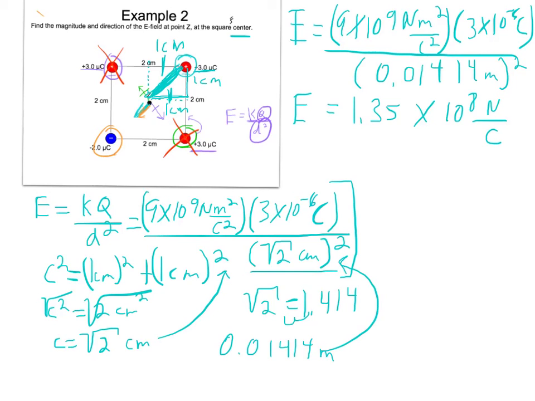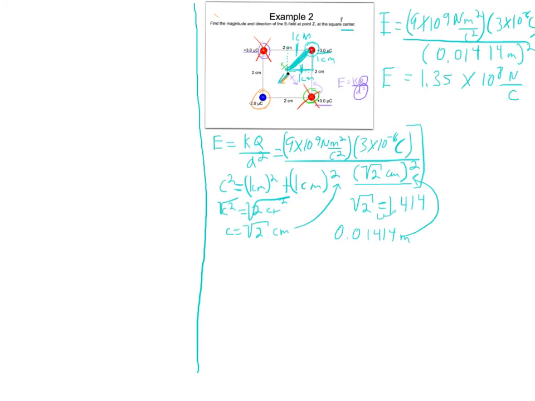And now for the orange charge. All right, create a little more space here. The orange charge, E, equals kQ over the distance squared, which would be 9 times 10 to the 9th newton meters squared per coulomb squared times 2 microcoulombs, and that's negative. Remember I said we're handling the directions manually by looking at what way the vectors point, so I'm just going to write that as 2 times 10 to the negative 6